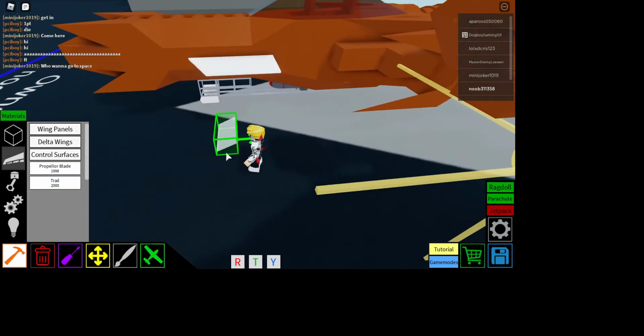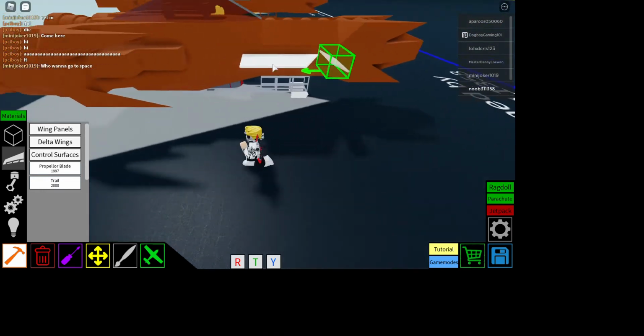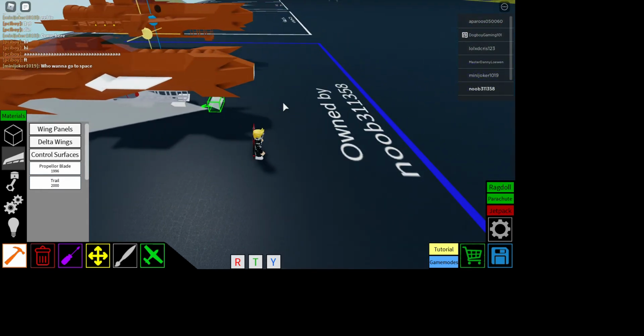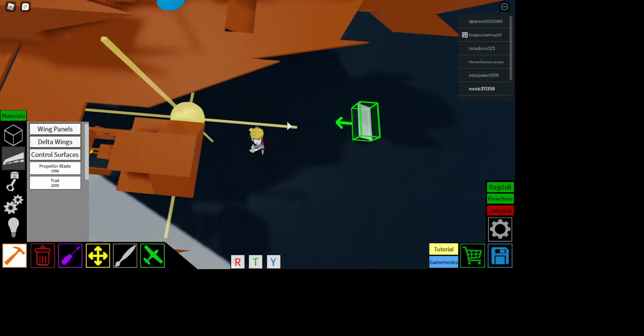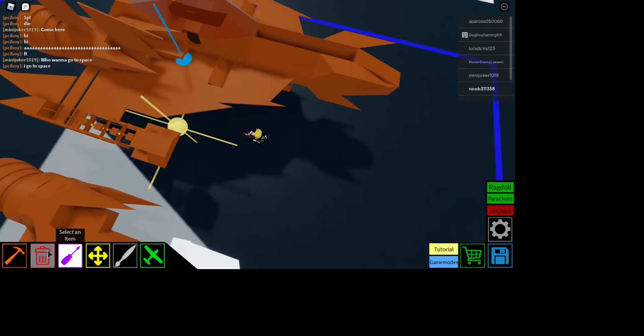Just make sure that the front of it faces downwards, and then put it right there. This is for balancing, because the thing is back heavy, so it likes to just flop up in the air. That's just to keep the front down. So yeah, what you do is you go and check it again, and then 1, 2, 3, 4,